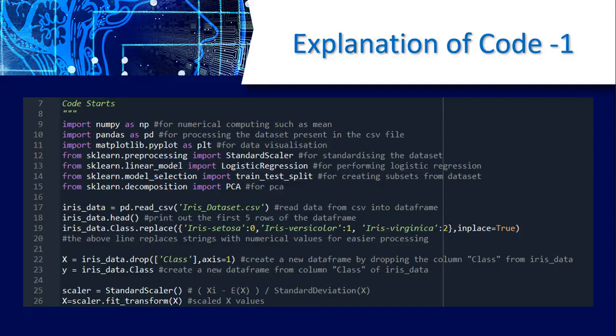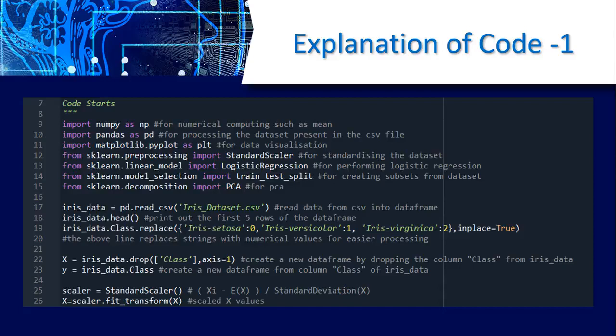In line number 17, we read the CSV data file which has the iris dataset, and then we print the first 5 rows of the data frame. Using irisdata.head will do the same.